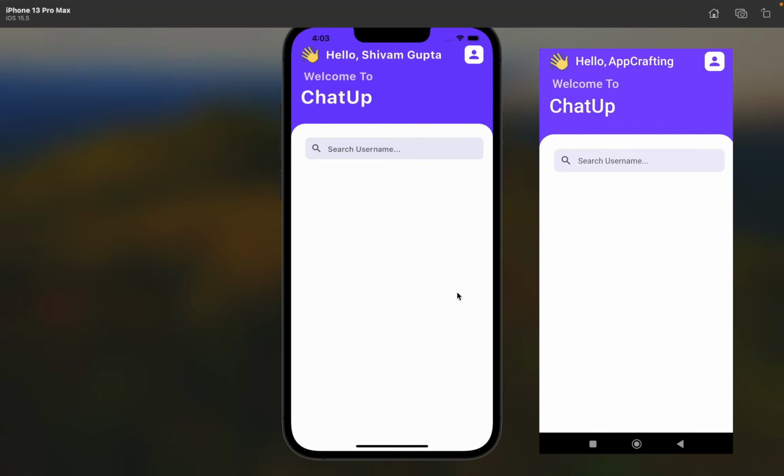to the home page. Now in the home page, you can see at the top we have added a wave emoji and a hello, and here we have shown the user name that has been used by the user to sign up in the app with the help of Google. Now here you can see the welcome to text with a ChatUp text. ChatUp is the app name that I have kept for this chat app, and here you can